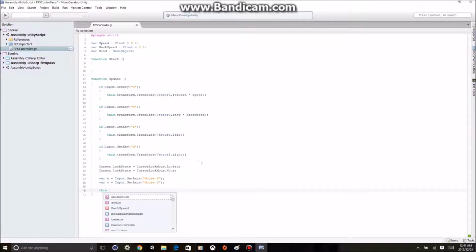For the horizontal, we want to rotate the body, but when we do our vertical one, we only want to rotate the head of the object and not the whole game object. So for the horizontal, we'll rotate the body, and we're not going to rotate anything else except for the horizontal movement. But for our vertical, we want to rotate the head, and we'll rotate the head only by doing